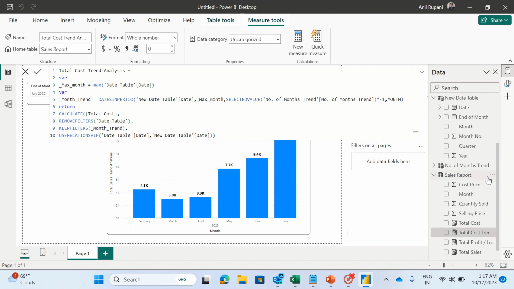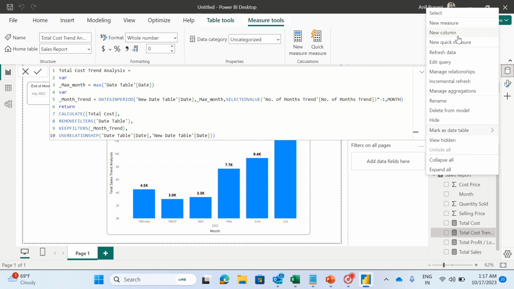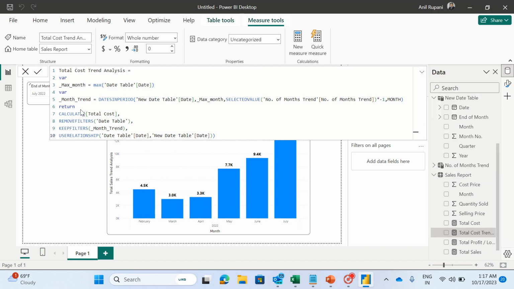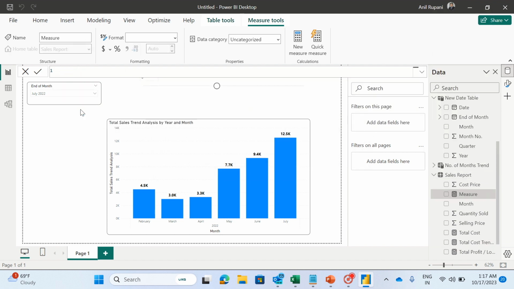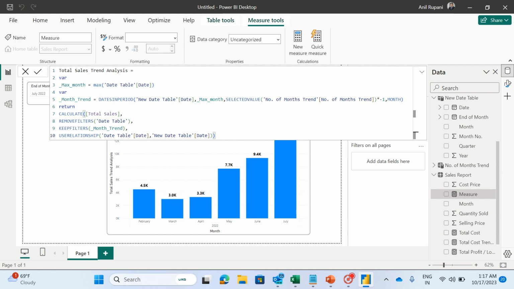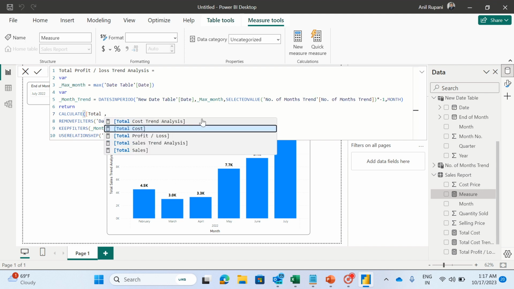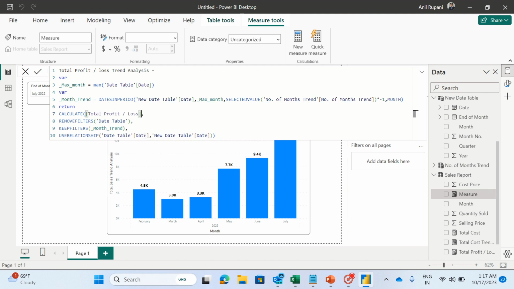Similarly, I will create a new measure for total profit or loss trend analysis. Here instead of total sales, I will select total profit or loss, hit enter,